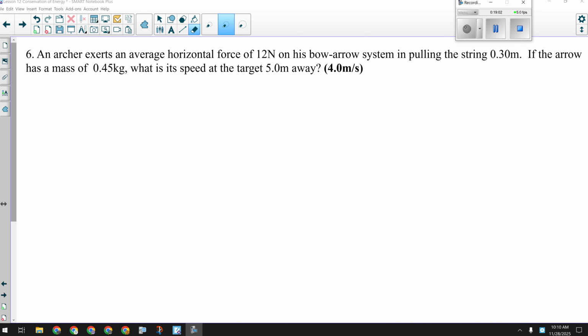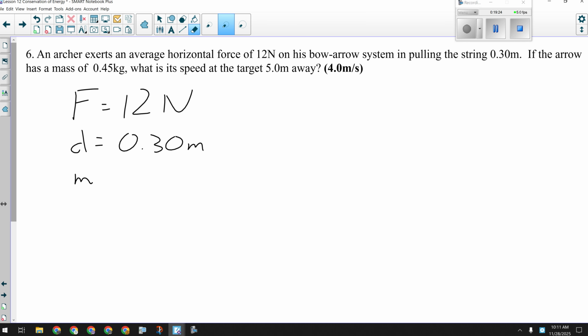In this question, I use a horizontal force of 12 newtons to pull a bow back 0.3 meters. That looks like a force and a distance being given to me. I never get that in a conservation of energy question, because that does work, and work's a change in energy. All right? I know the mass of the arrow to be